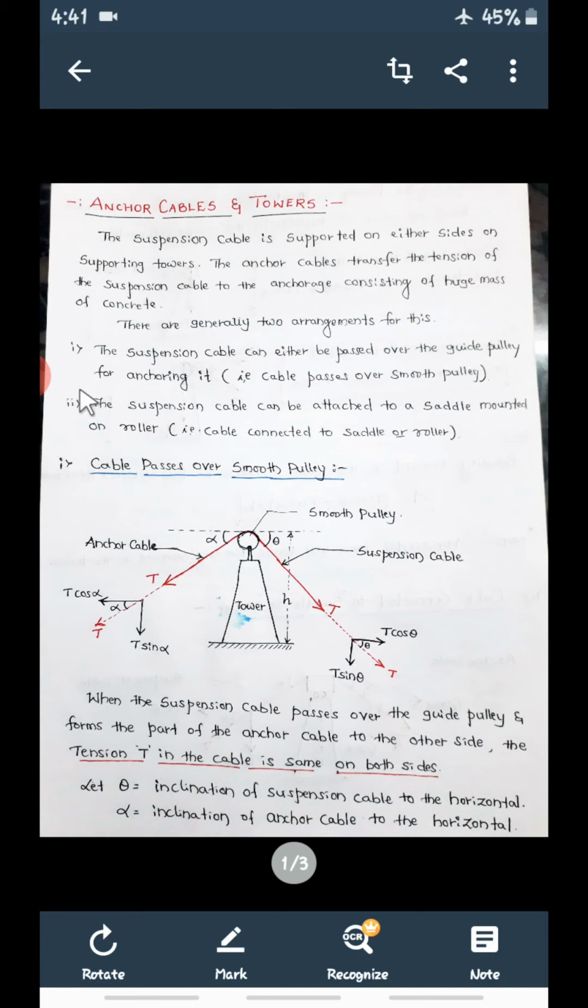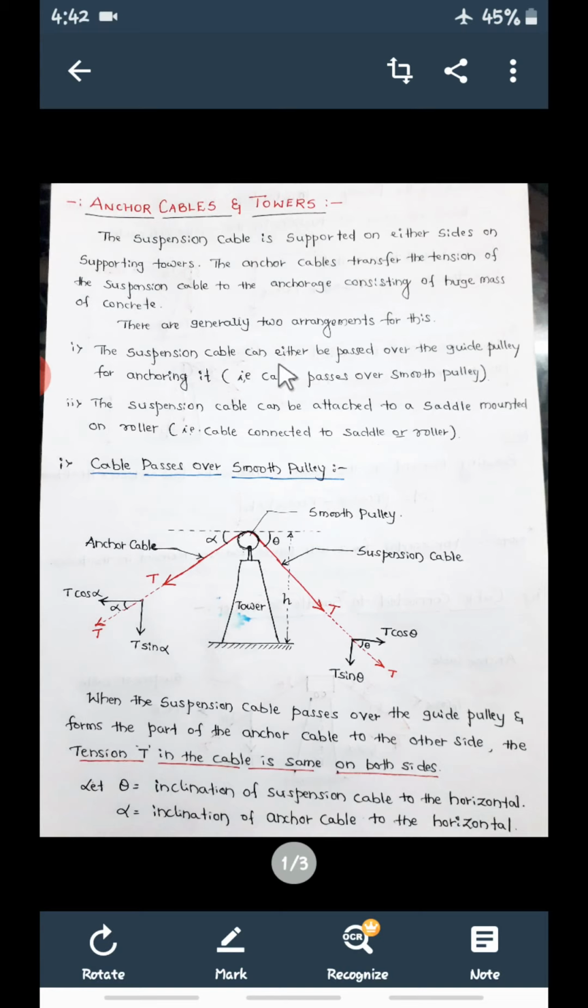The first method is that the suspension cable can be passed over a guide pulley for anchoring it. In this process, whatever the tension is there in the suspension cable will be transferred to this anchor cable through this pulley. The pulley will be provided over this, and the cable will pass over it. This is the suspension cable, this is the anchor cable. Whatever the force in the suspension cable is transferred to the anchor cable with the help of this pulley,